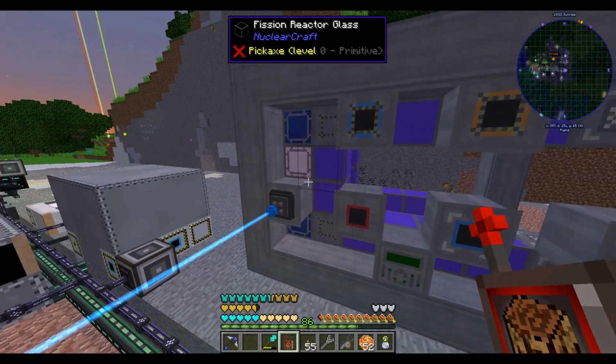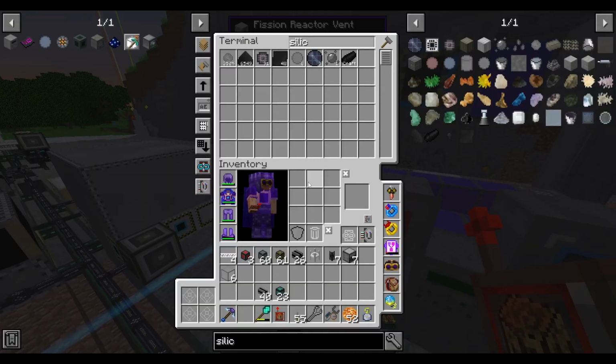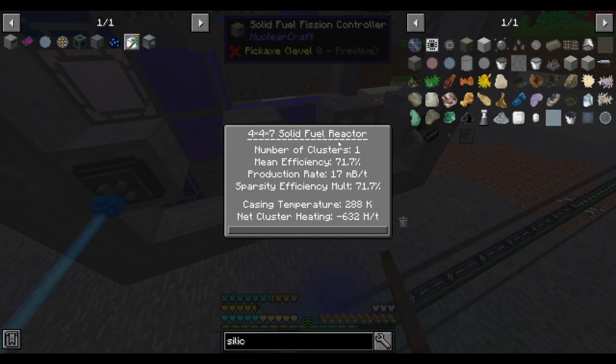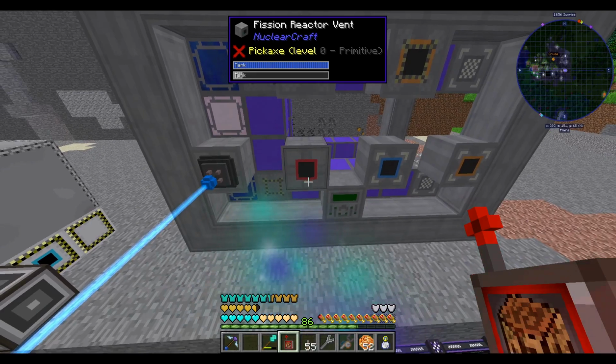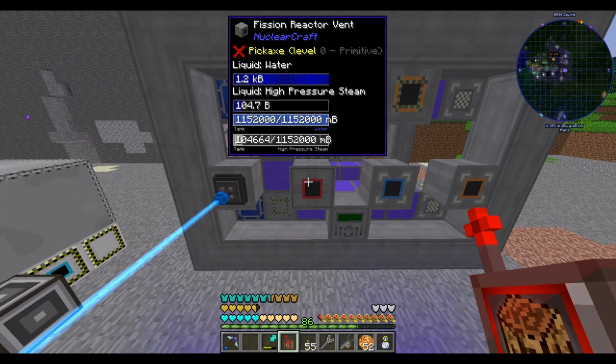Let's walk through how exactly this works. First of all, you need two vents, one for fluid input, one for steam output. The steam can be used to make energy, and the amount of steam you make is dependent on your reactor. So our reactor right now is making 17 millibuckets per tick of steam, which is each millibucket of steam, it makes 64 RF,